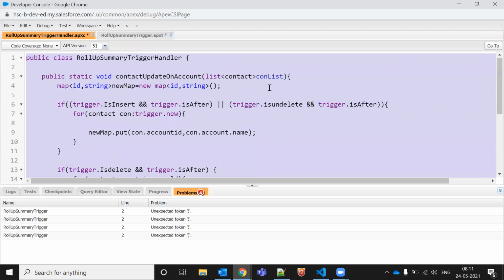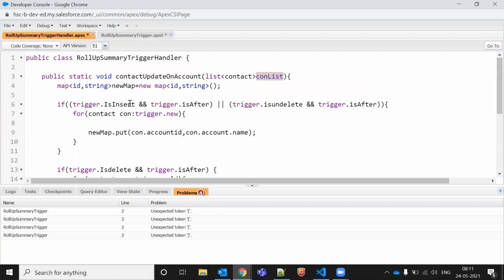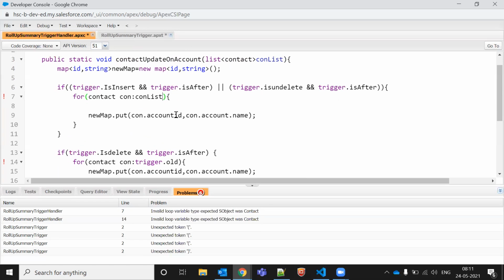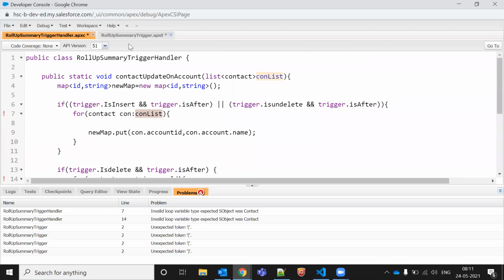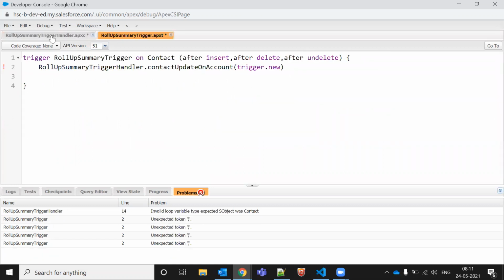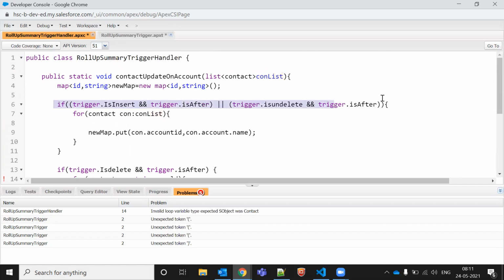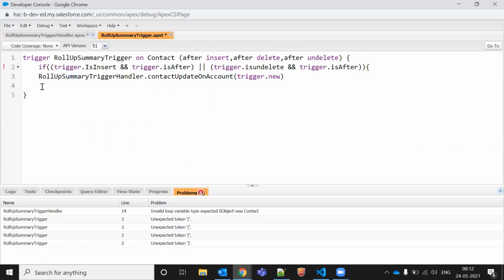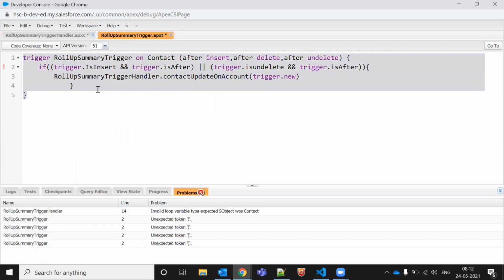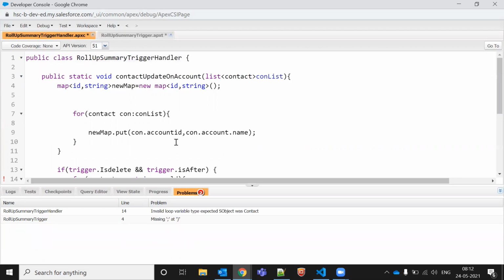Parallelly, whatever con list we have here, we will not use any context variable here. So let me replace this one, and we'll replace this one as well. Let me replace this one first because we are talking about Trigger.new now. Before that, what should we do here? We should keep this Trigger.new context variable before that. If you do not understand, please let me know. Okay, so this is my context variable.